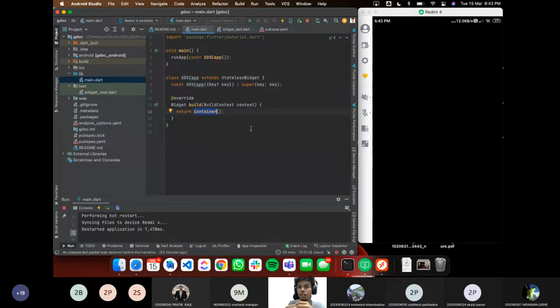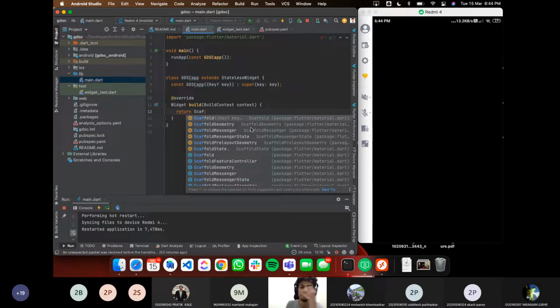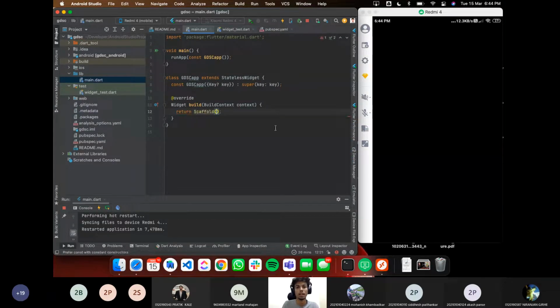Before adding an element, we need some page where you can draw, right? So in Flutter we call it scaffold. What is scaffold? Scaffold gives us a blank page where we can draw all the elements or widgets. So I will enter it, and here you can see Flutter is suggesting all the widgets. I will select scaffold, and I will save the code with Control S or Command S, and it will